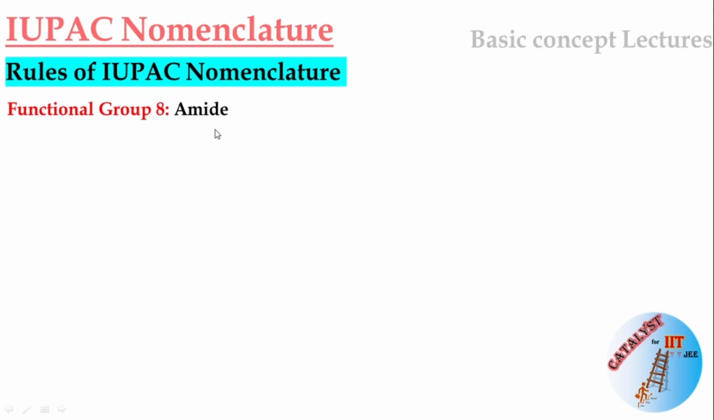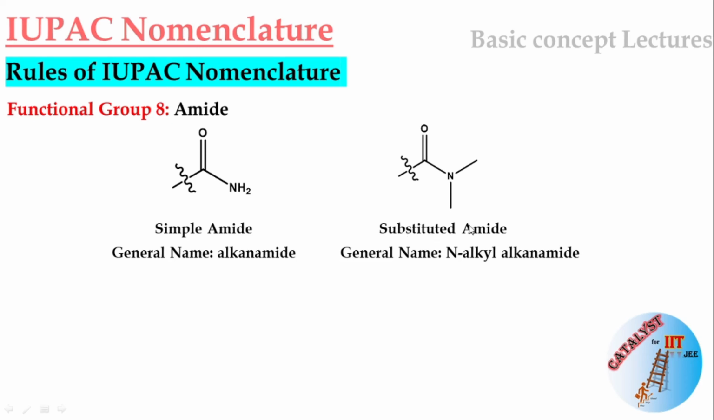We will move to our next functional group, which is amide, and this is the general representation of your simple amide, in which the carbonyl functional group is connected with NH2. The general name for this amide is alkanamide, and this is the substituted amide in which this hydrogen